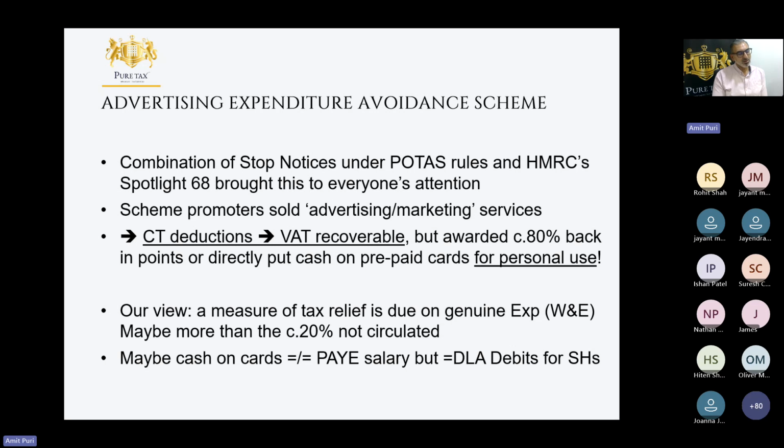But importantly, we're actually working with more accountants and advisors than users, because they've received letters from HMRC with a threat that they're going to be published. Their names on the naming and shaming list here because they have facilitated the avoidance. They've entered into agreements for commissions for introducing their clients, for example, and some of them already have. Some imminently are going to be published. We're working with them. It's very, very hard to get out of that. In some, there's some wiggle room, but by and large, it's a very, very difficult space.